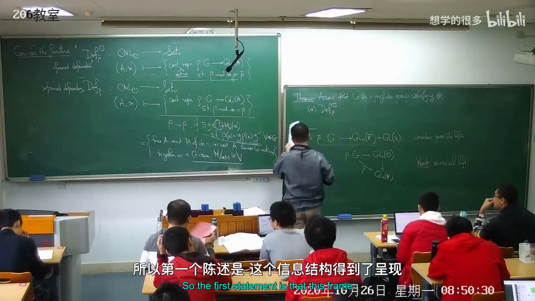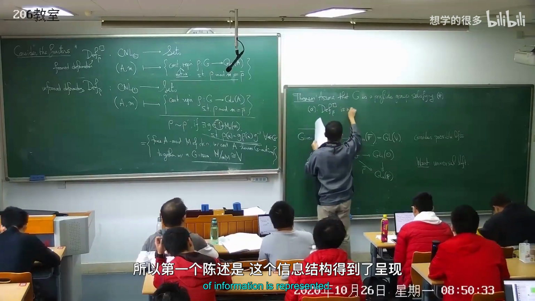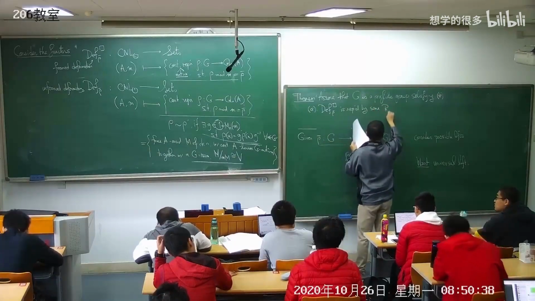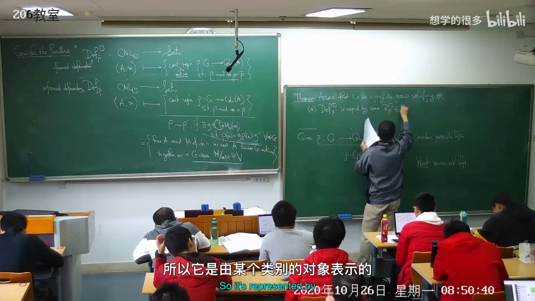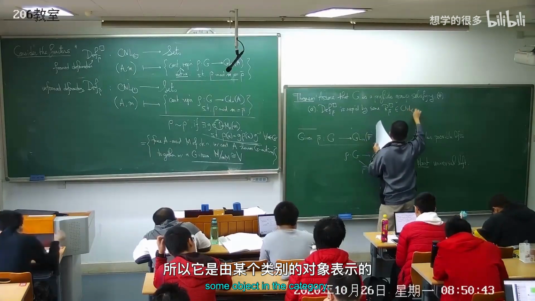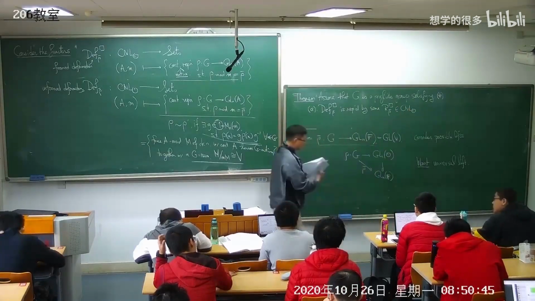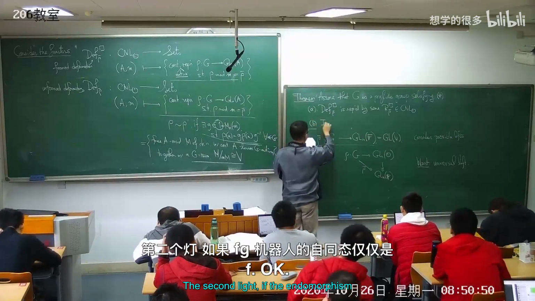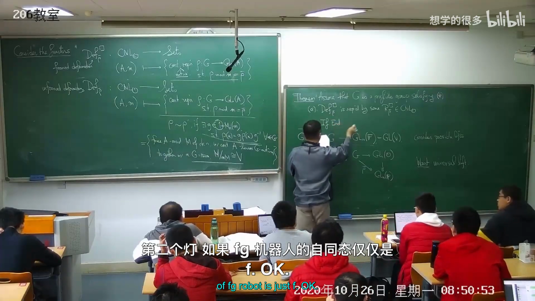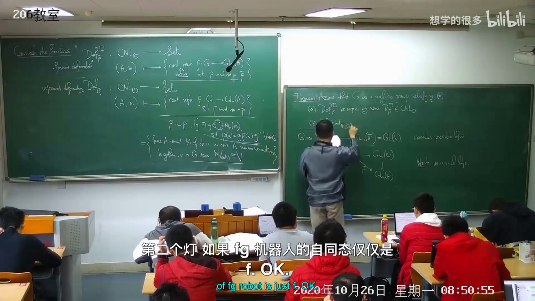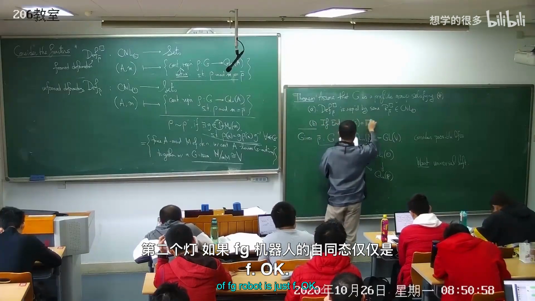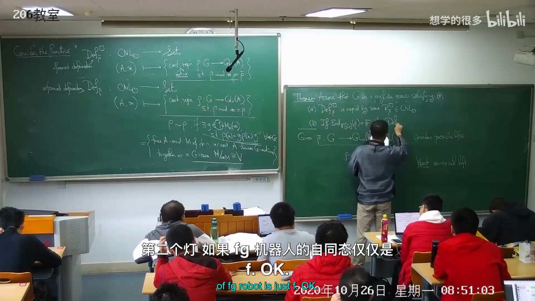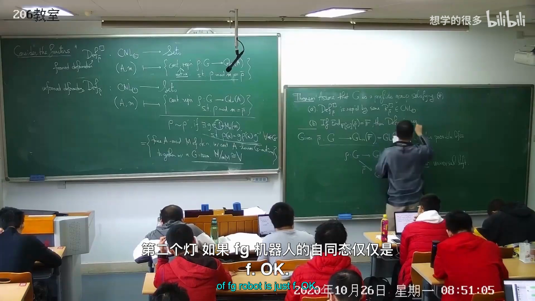So the first statement is that this framed deformation functor is representable. It's represented by some object in the category. And secondly, if the endomorphism of G of rho bar is just F, then the unframed deformation functor is represented by